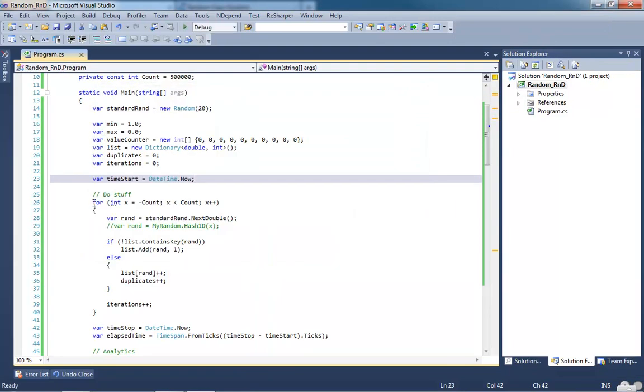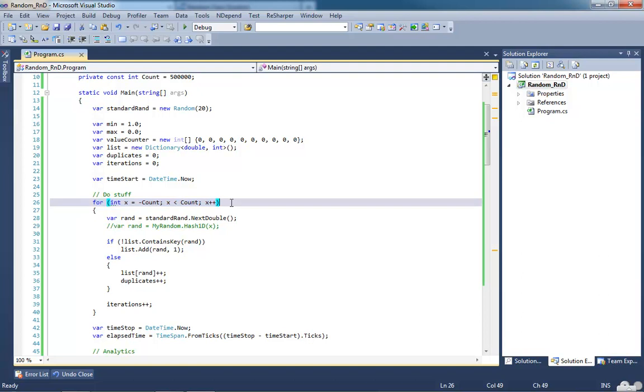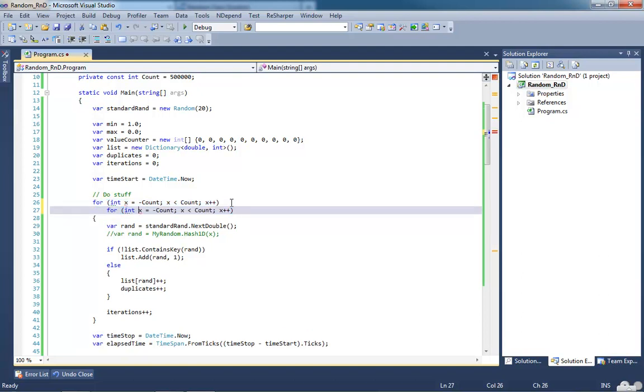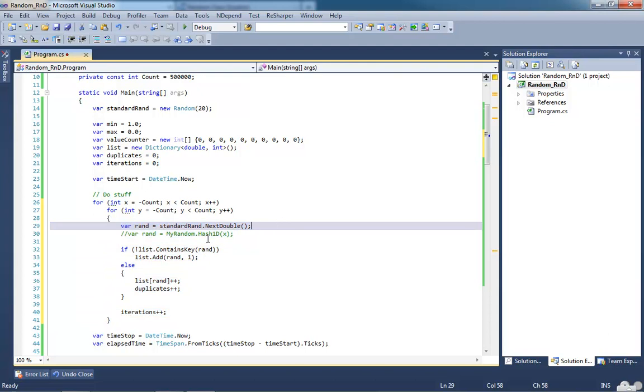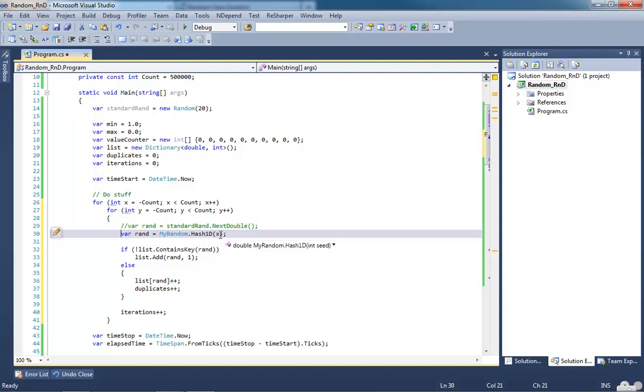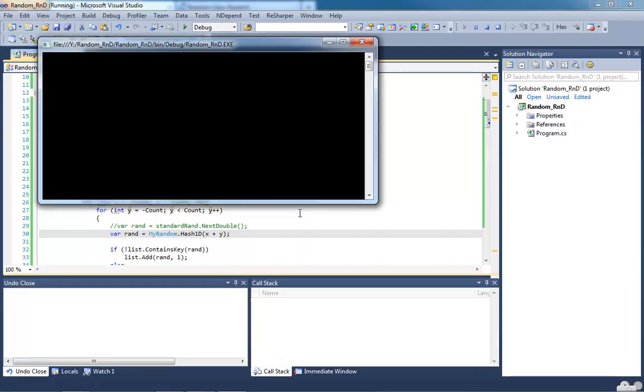Now, if I were to turn this into a two-dimensional array, and let's make this one y. Oops, didn't mean to comment that. Wrong button. There we go. Now with this 1D hash, if I want to incorporate both of these pieces of information, I don't have a lot of choice. I've got to do like x plus y, or x times y. So if I build that and I run,